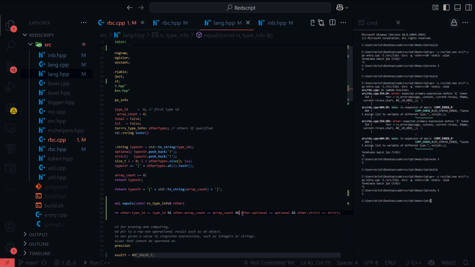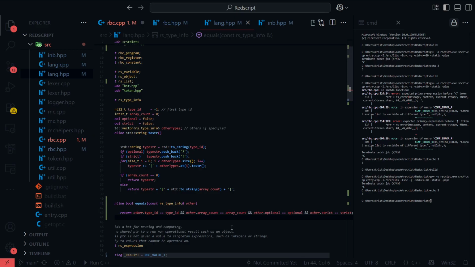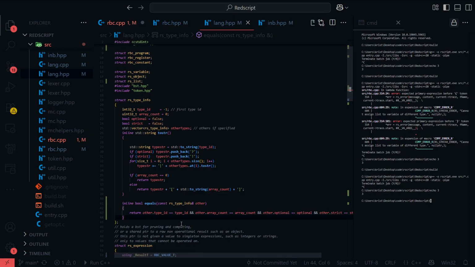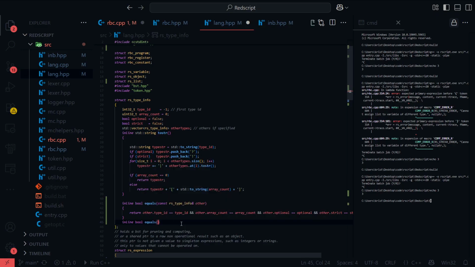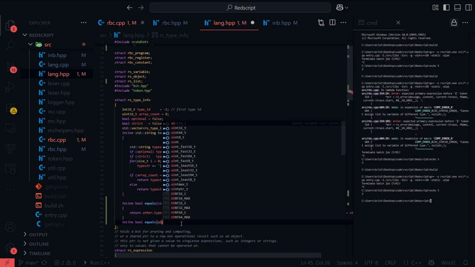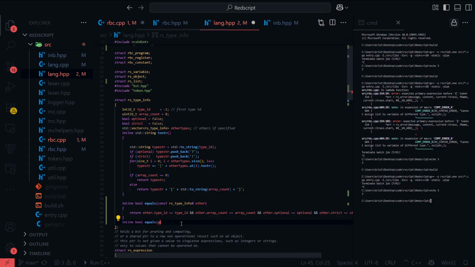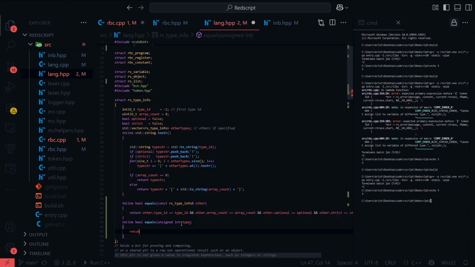I think, yeah, so we're comparing everything. And then I want to do something where does it equal a uint32. We'll just do an unsigned int type ID, and we can just return type is type ID, and we don't have an array count, and